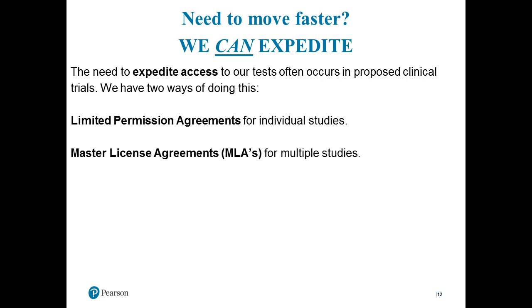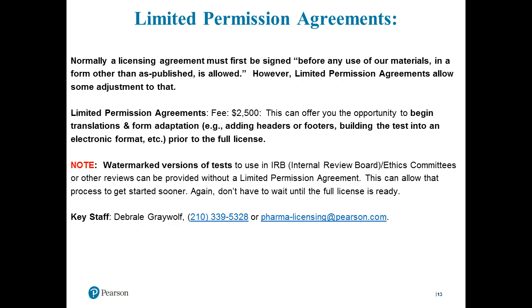So how do we expedite this? What if you want to have this process faster than the 4 to 6 weeks we talked about? One method is the limited permission agreement, which is for individual studies. Another method is the master license agreement. What do each one of those involve? So with the limited permission agreement,